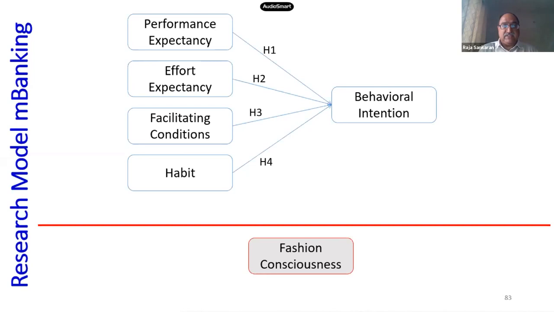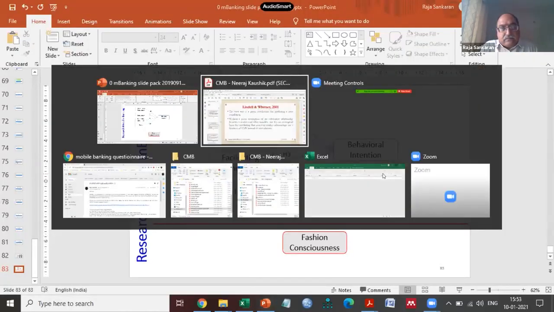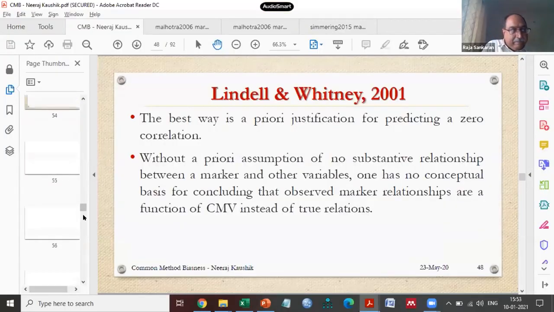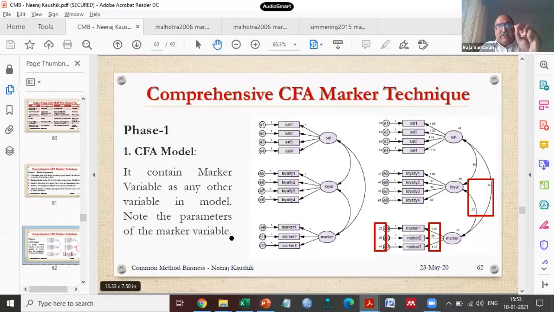Whenever you're trying to publish in a very good journal, for example, an ABDC journal, the key aspect is that it should be grounded in theory. Selection of a construct, selection of the various items, and even a marker variable should be grounded in theory. So how to do that? Let me quickly go through some of the aspects again. I'll go back to the slide of the professor. I'm choosing only very specific ones from this. As I said, all of this has been covered in the past couple of days as part of the workshop.